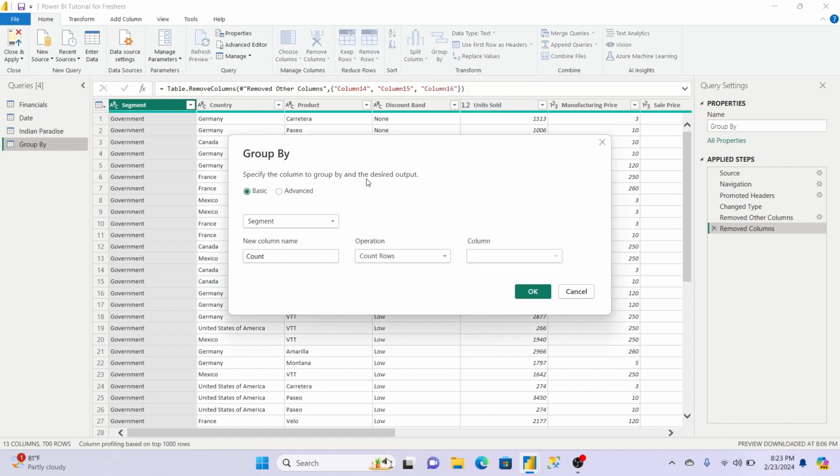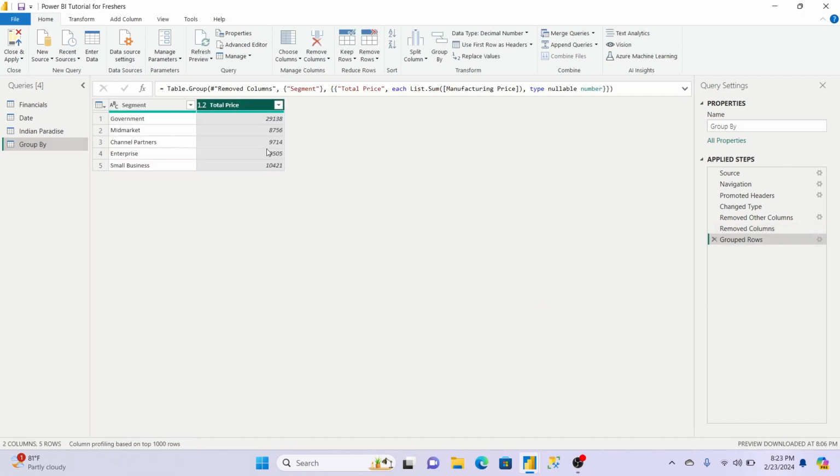Just click here. Okay, which column? Group by on the segment column we are going to do. Okay, what we want sum of which column? Manufacturing price. Okay, so we will write total price, like this we will write, and okay we did. See this. So what has group by done? I will show you here. You can even drag like this. You can click and drag where you want to take, you can take this. See, at bottom I have taken, with dragging again I have taken here. So what this group by has done now, I will tell you properly.